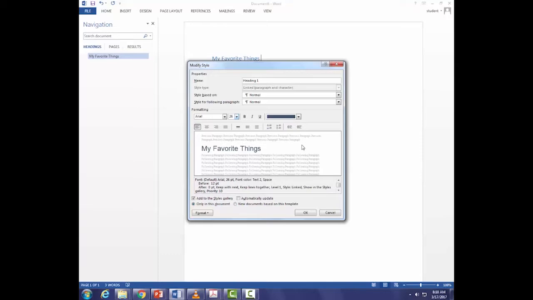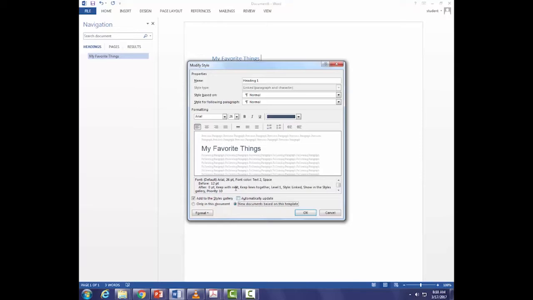Now, if we have a style guide, I want you to look right down here. If I click this one, New documents based on this template, anybody who ever uses this computer and creates a Heading 1, it'll look exactly like we just made it look. That's as long as this computer is operational. But of course, I don't work here, so I'm not going to do that. I only want to change it in this document.